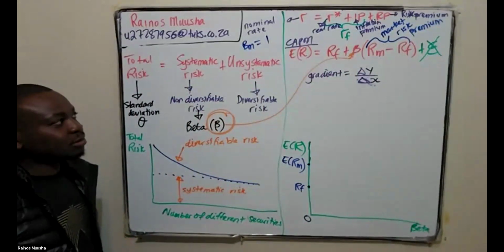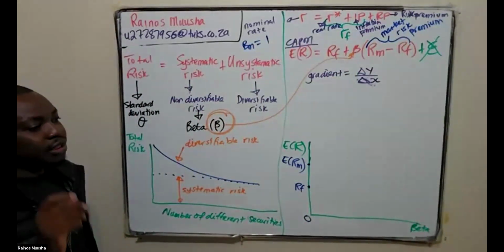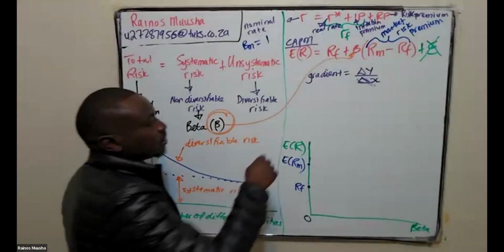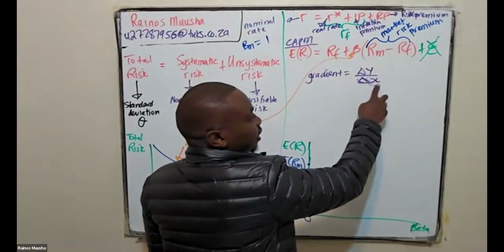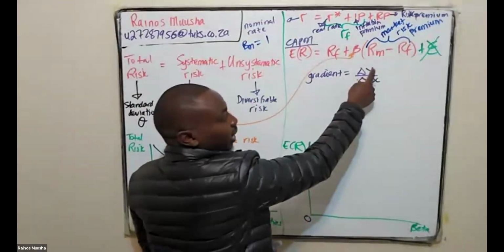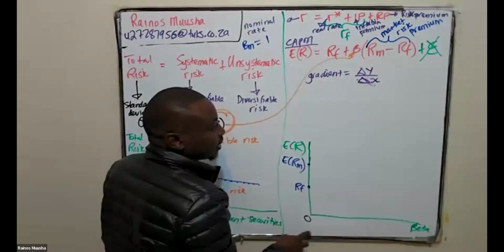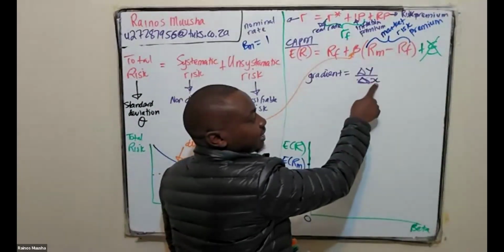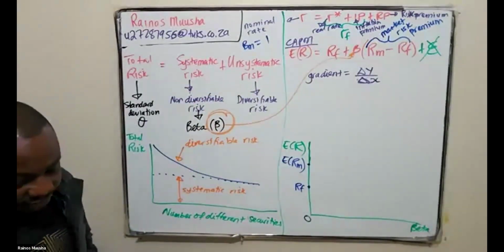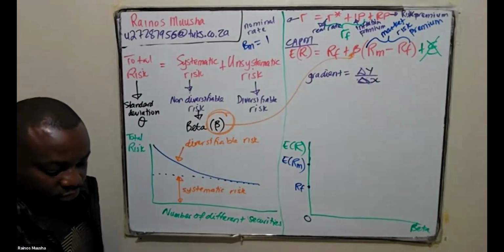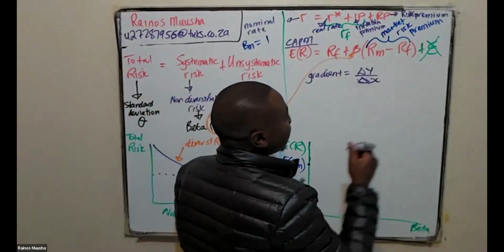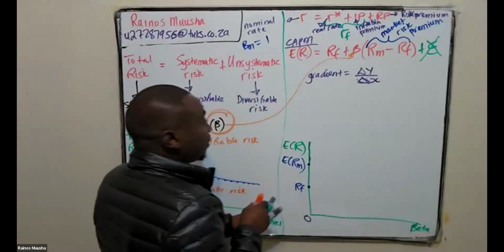Why is it equal to 1? That's an explanation for another day, because when you get the beta of the asset, the beta is basically the gradient of the curve, the change in y over change in x. So the change in asset return is your change in y, and your change in market return is your change in x. Which basically means, when you look at this formula, it also means that your beta